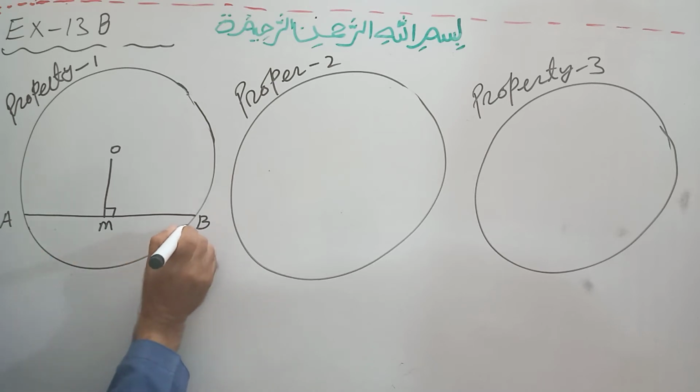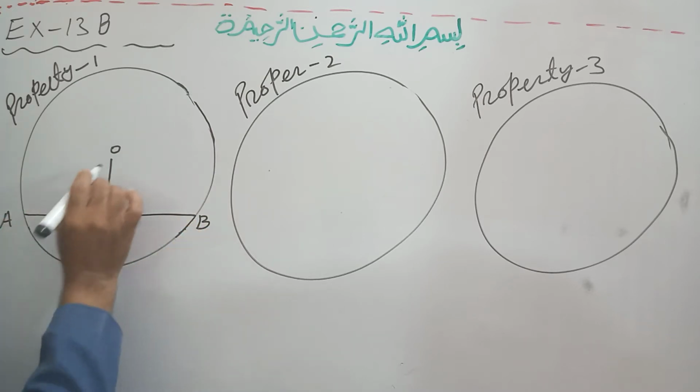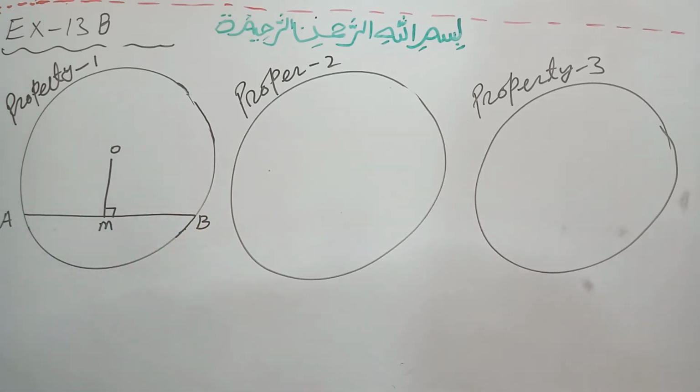A chord is the line which crosses the circle without passing through the center. That line is the chord. And the perpendicular from the center of the circle to the chord bisects the chord. This is the first property. In the second property,